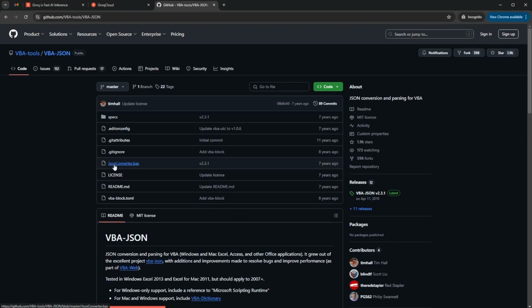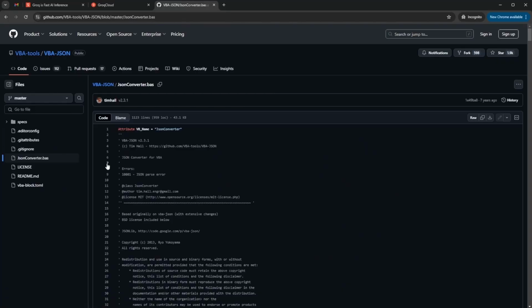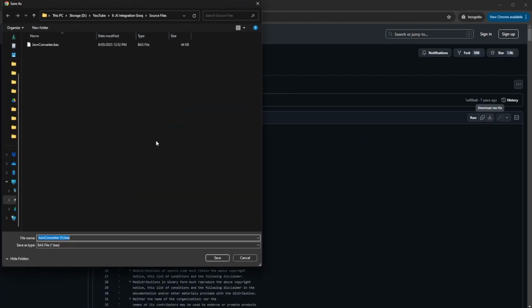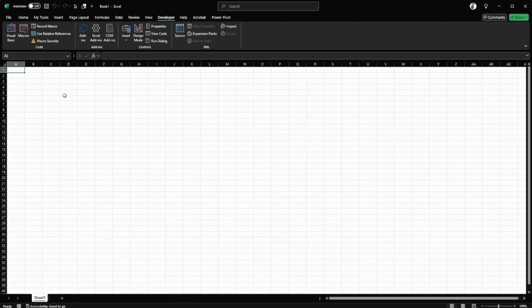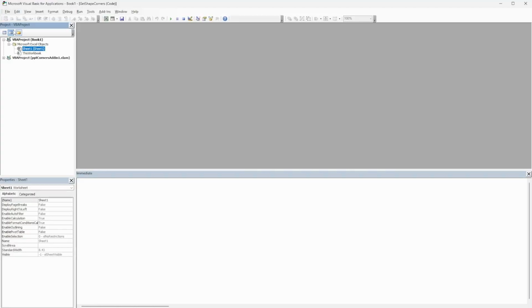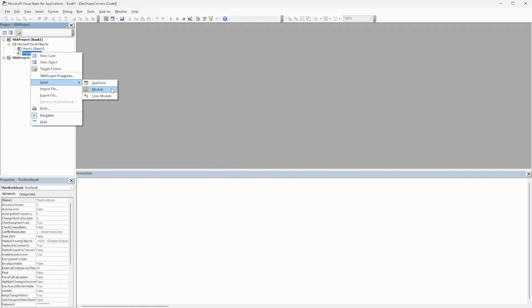So just come here, click on JsonConverter.bas and click on this button to download the raw file, and then save that in a relevant location, and then we're done. Alright, so we're done on the website, so now we can just jump back into our familiar Excel environment. First, we're obviously going to head into the Visual Basic environment, and then we'll add a new module,